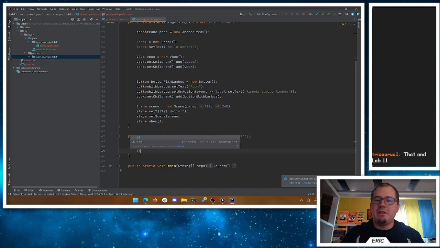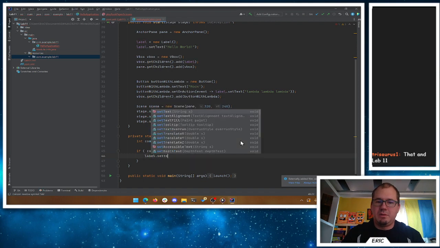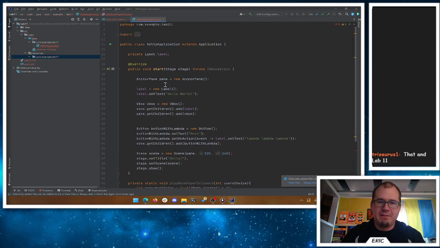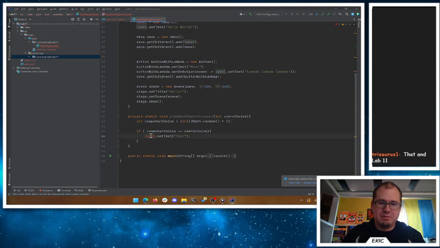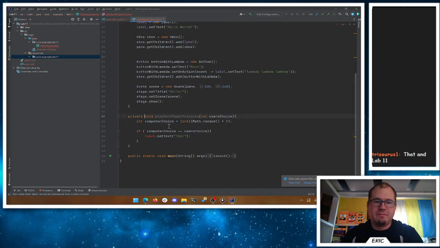Right, and then if they match, so if our computerChoice equals the userChoice, we'll take our label and set the text to tie. Is that a label? Oh, sorry, this one's not static. There we go. Okay, and then else if my userChoice is equal to 0, so if we're a rock here,